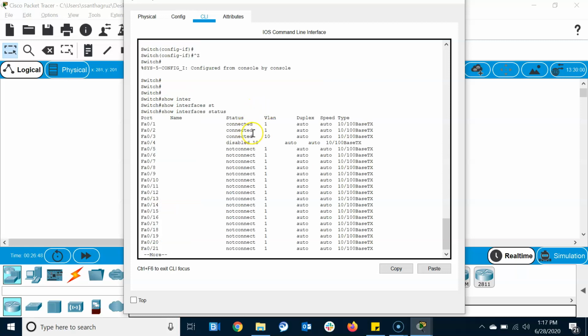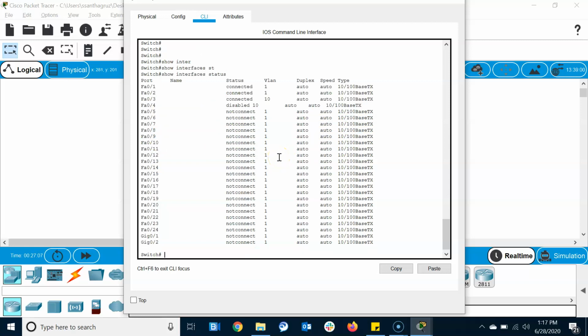So still you are able to see the port is up. In the previous scenario, violation shutdown, whenever a violation occurs, the port will be shut down in an error disable mode. But the second mode is violation restrict mode for port security. That means even if the violation occurs, the port is still allowed to stay up. See, it is still staying up, but it will send an SNMP trap and a syslog message to the server about the violation.